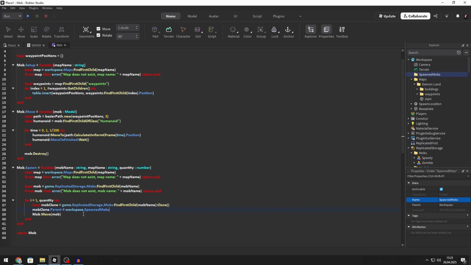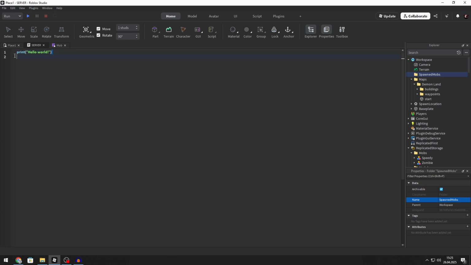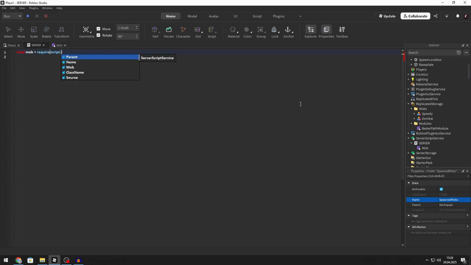Alright, so it requires the mob, and now we can go to the server and require the mob module script. So local mob is equal to require script.mob,